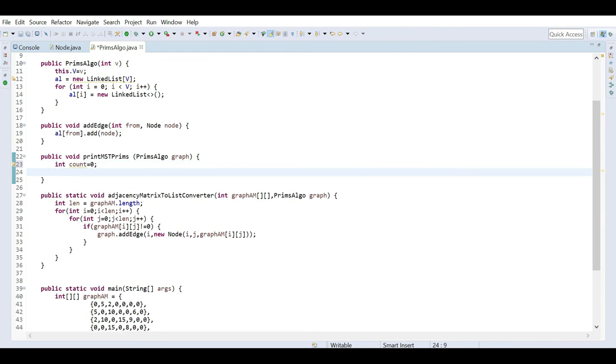Then whatever nodes are already visited, we have to mark those. Because while we are picking the adjacency list of a particular node, at that time we have to omit those which we have already counted. So for that purpose we have to create one node used boolean array, whose length will be the number of vertices.